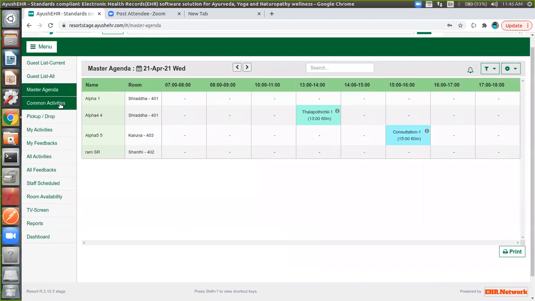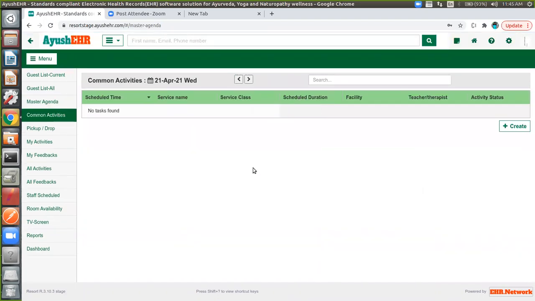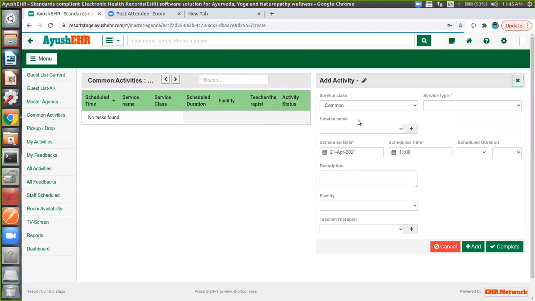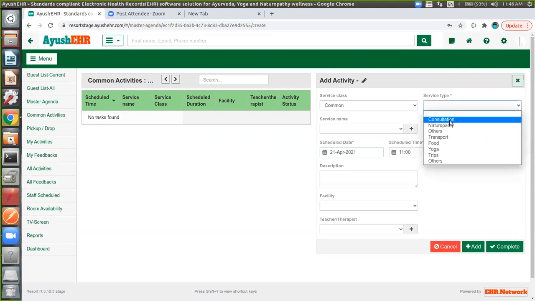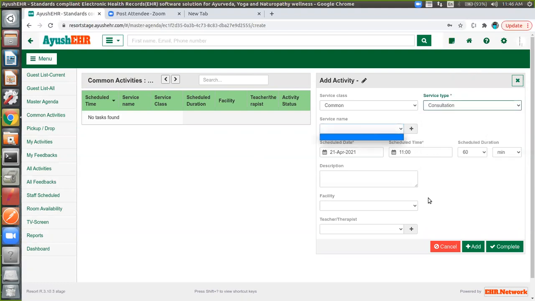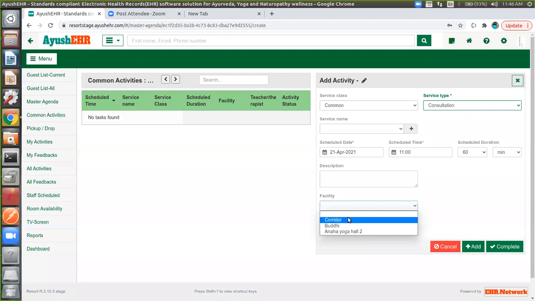And yeah, common activities. In an organization, say they are conducting yoga, then it is a common session irrespective of the guests. Those activities can be created in common activities, so that it's generic. It's not related to a specific guest. It's generic for the organization. So again, we can create tasks for the organization